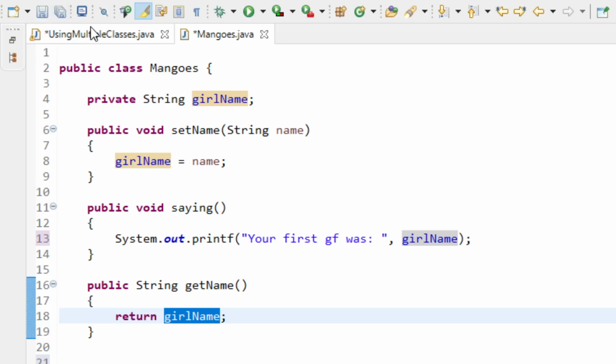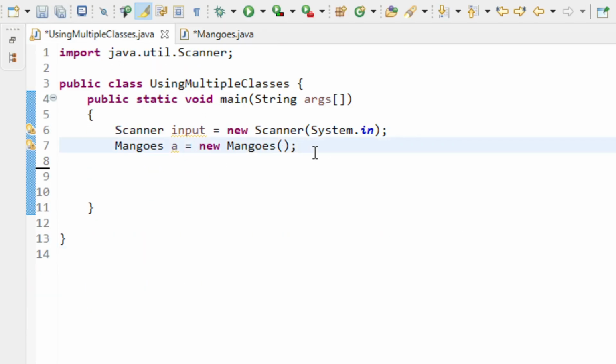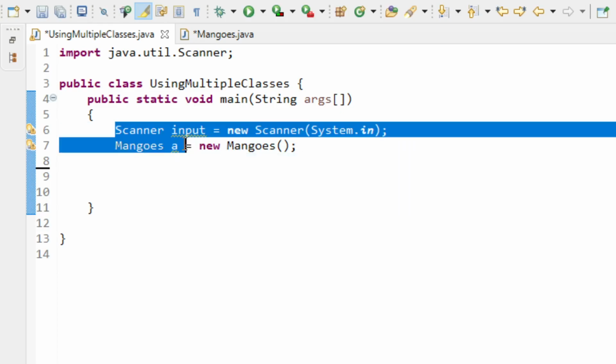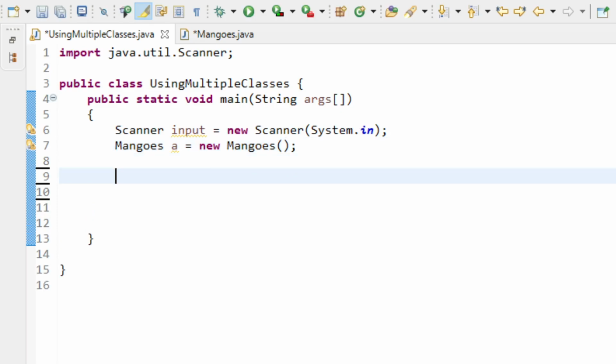So now that we have made our classes here, now it's time to print it in our main function. So I already have scanner and our class object here. So simply now we need to get an input. So again, System.out.println, and we are going to ask the user to enter the name of your first GF,